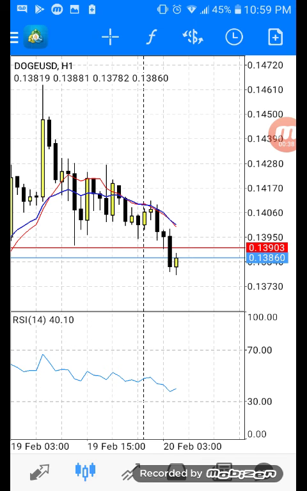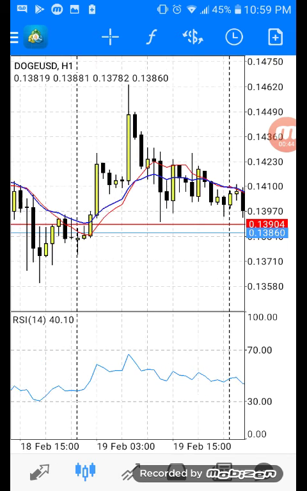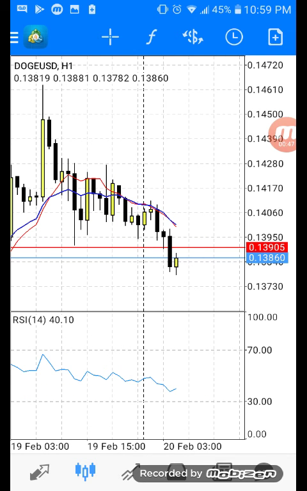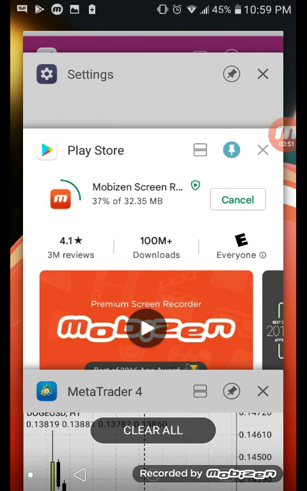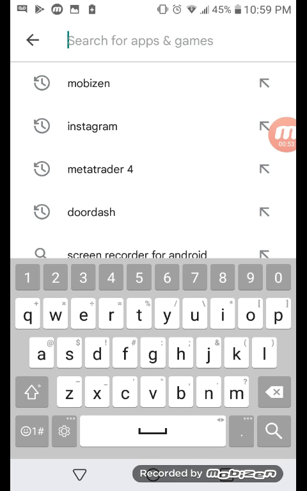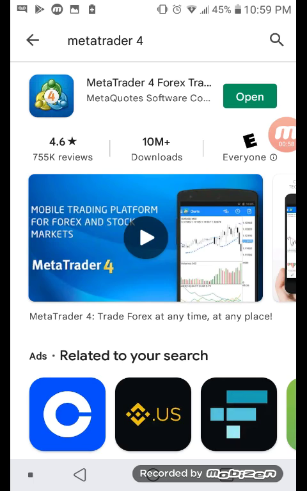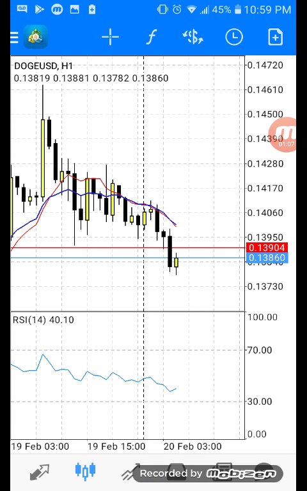A lot of traders I know trade in MetaTrader, MetaTrader 4, MT4. If you don't have the app, this is what the app looks like. It's MT4, this is what the app looks like. I'll go to the app real fast and type in MetaTrader 4 right here. And this is MetaTrader 4, the Forex trading platform. This is what it looks like. This is what we trade in, MetaTrader 4. So we open up the account, and